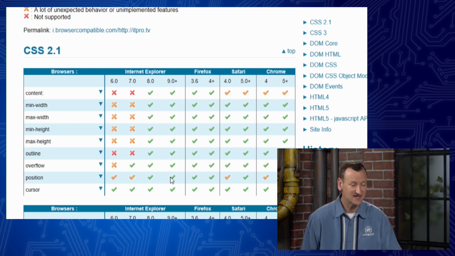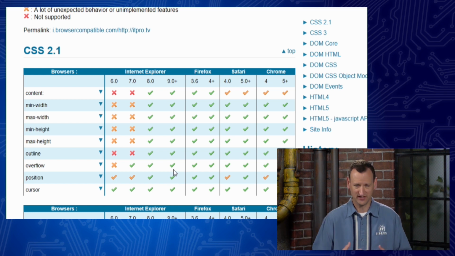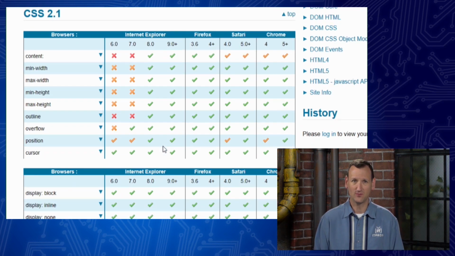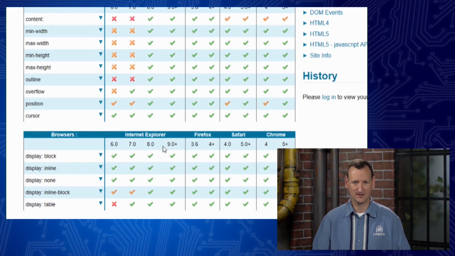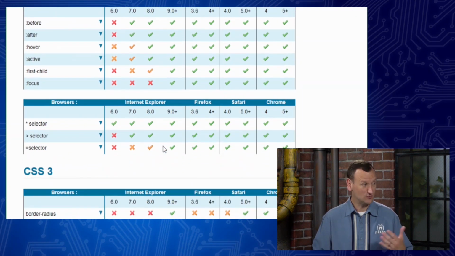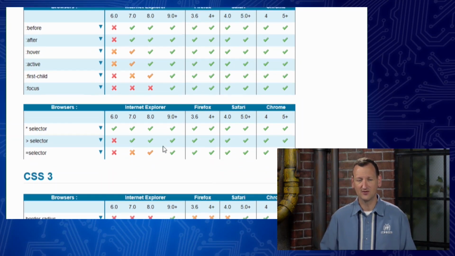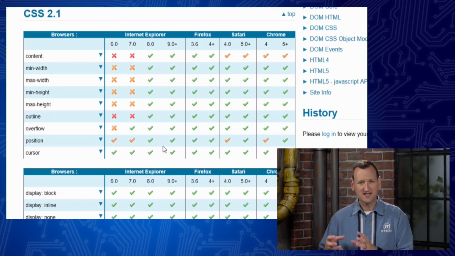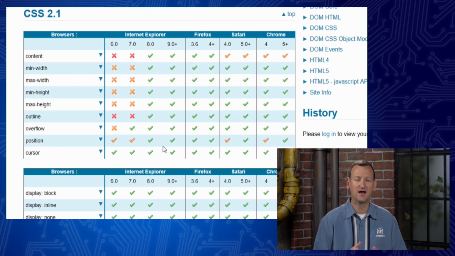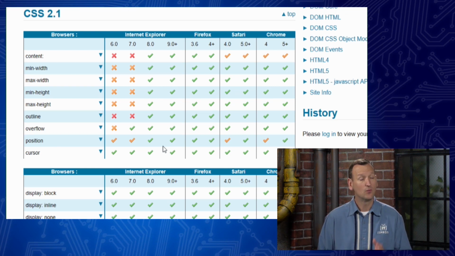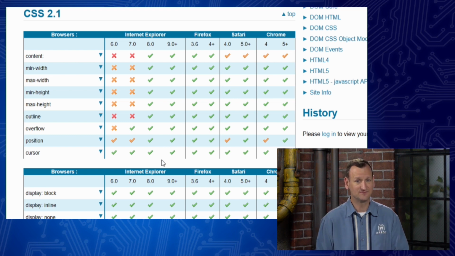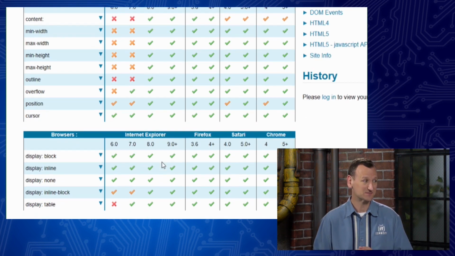Well, the problem with CSS is it's changed over the years. And see how they're measuring for CSS 2.1. Not every web browser supports CSS 2.1. And that's not the fault of the website. It's the fault of the web browser. But as a web designer, if you want your website to look pretty, you have to figure out, well, here's this one technique I want to use that looks really good, but it's not supported in Internet Explorer 6. Is that okay? Well, Internet Explorer 6 was the default web browser in Windows XP.